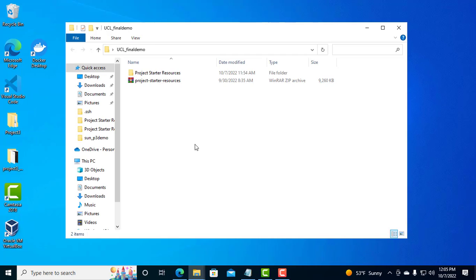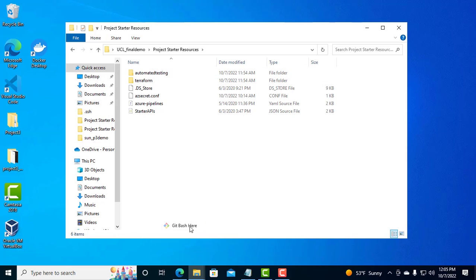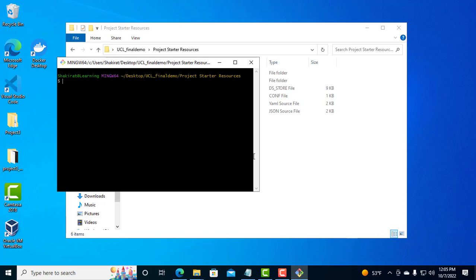I'd already extracted it here. So I'll just open this here. I'll say Git Bash here. I'll open it in VS Code, and I'm going to say code dot to open this. Once I open it,